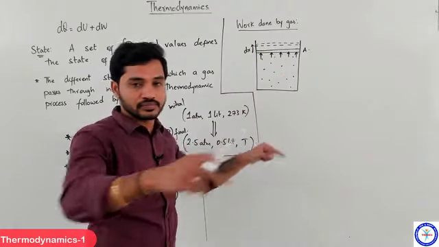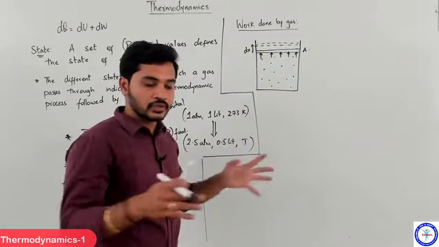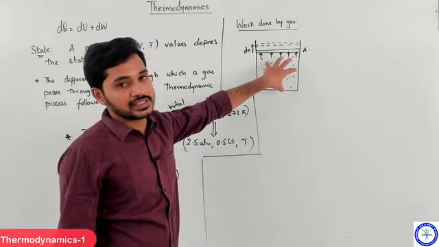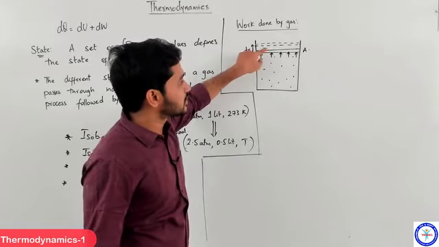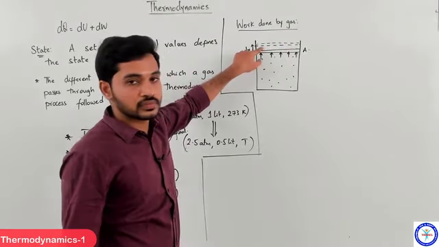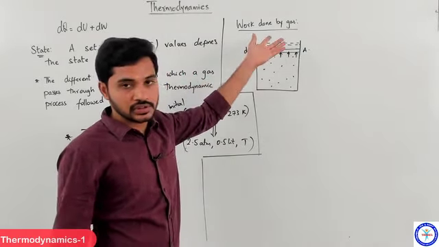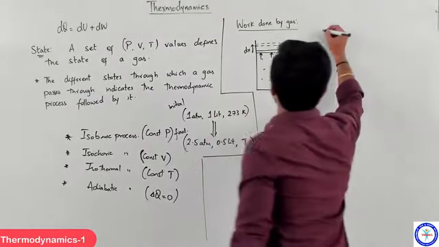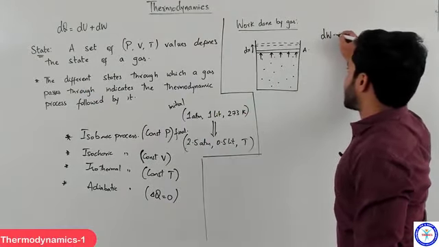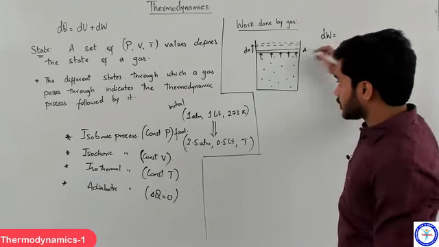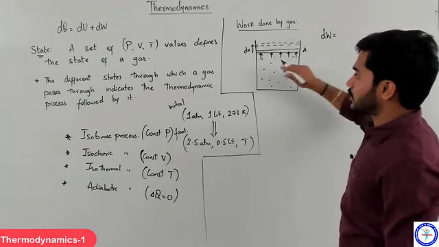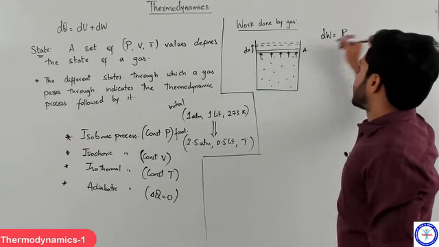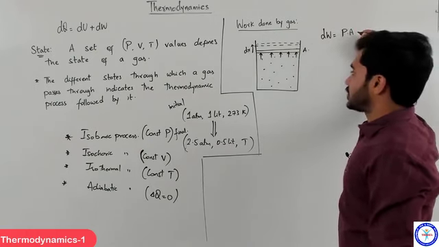I've told you I am buying the land around my house to increase the size of my house, right? So gas is also doing exactly the same. It is buying this volume by giving some energy, doing some work, which can be represented like this. The amount of work done by the gas, dW, can be written as force into displacement, right? The force being applied here is pressure of the gas times A.